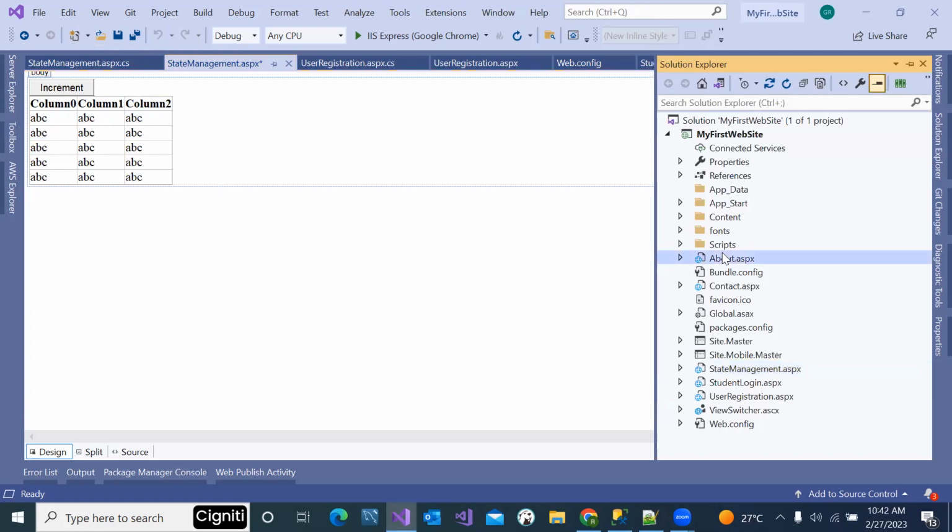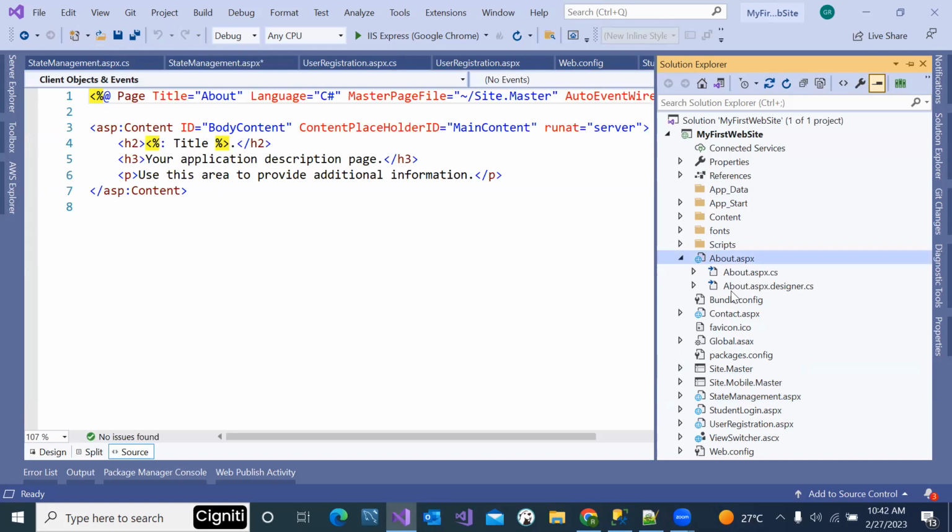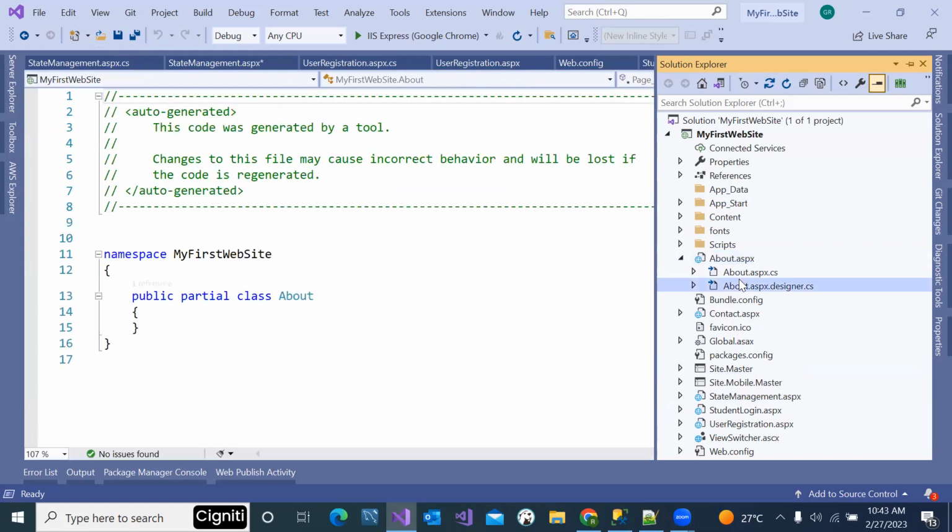For example, if you take this ASPX page, it will have its code behind file. These two files are tightly coupled. So if something is tightly coupled, what happens? It cannot be reused and it will be recreated for each and every user. Right? So to decouple things and to make it more reusable,